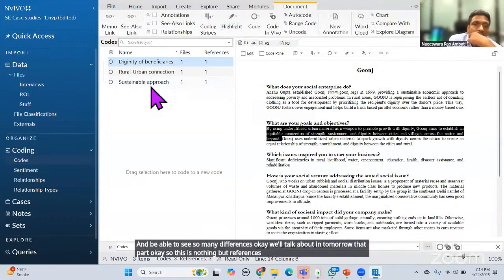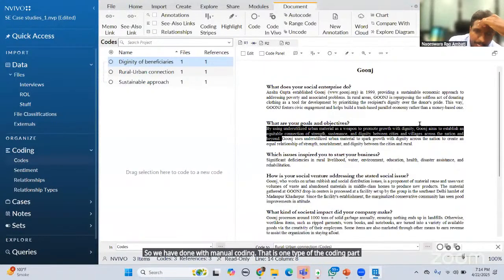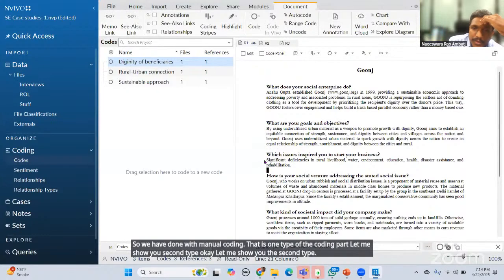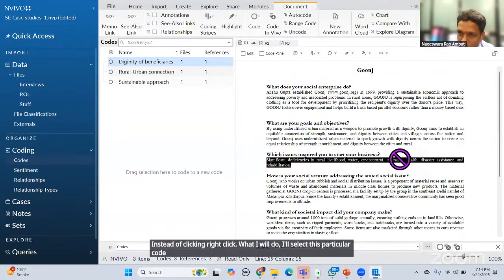Okay, now next. So we have done with manual coding. That is one type of the coding part. Let me show you the second type. Now I want to code this particular sentence. I have selected it. Instead of right clicking, what I will do, I have selected this particular sentence,